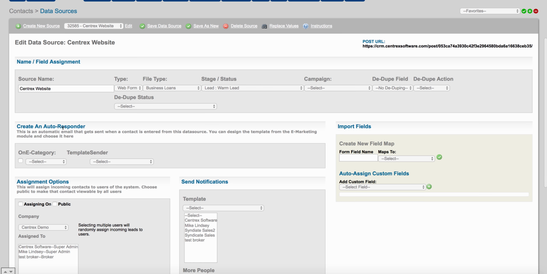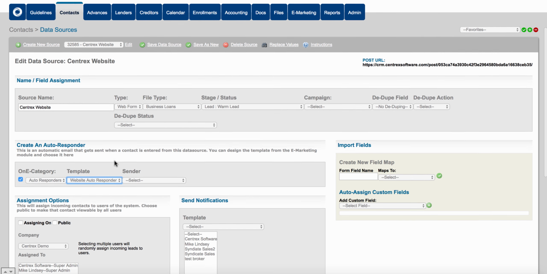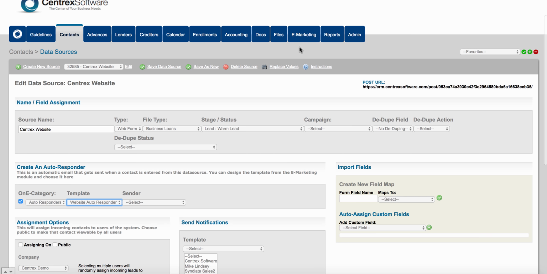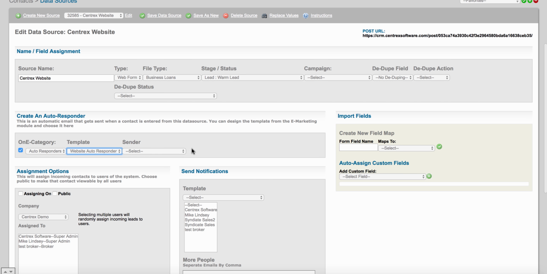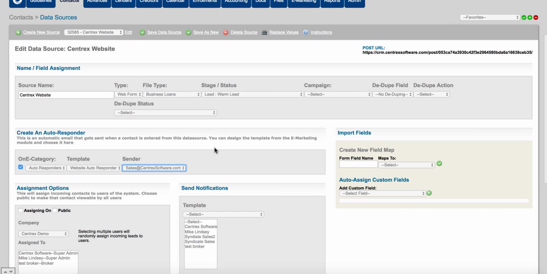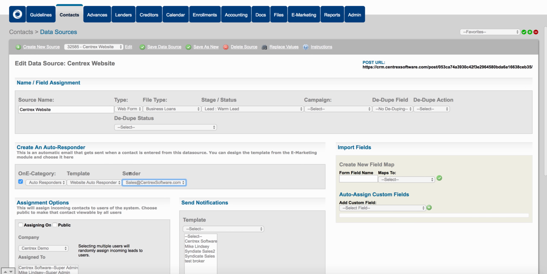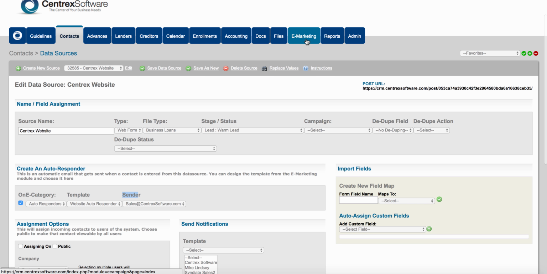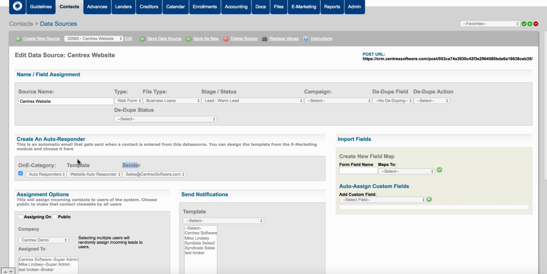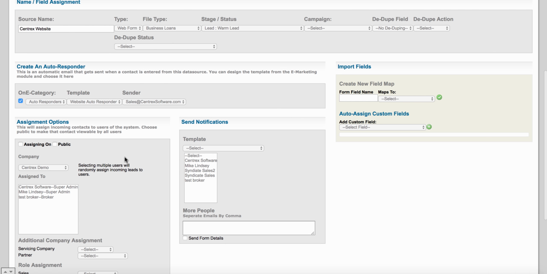So what we can do is turn the autoresponder on. We can choose the autoresponder category for the email template, and we can choose the email template itself. Again, that email template is designed and built by you in the e-marketing tab. And then you can choose a sender. A sender is any email address you want this autoresponder coming from, and you can create as many senders as you want in the email marketing tab. So you can choose a category, a template, a sender,